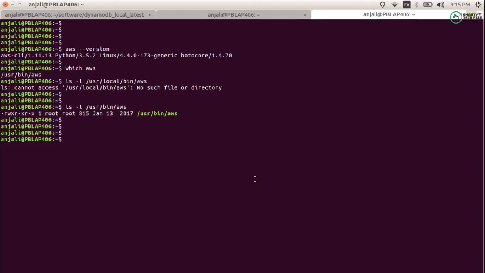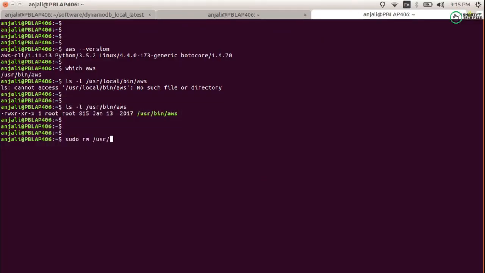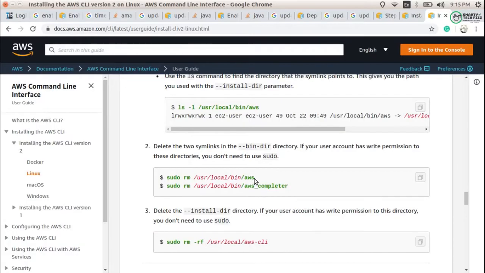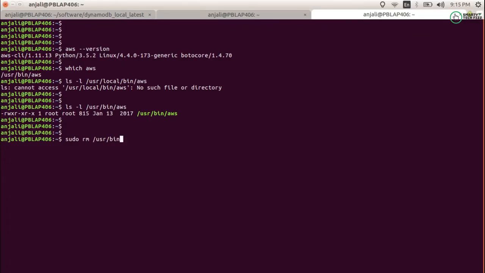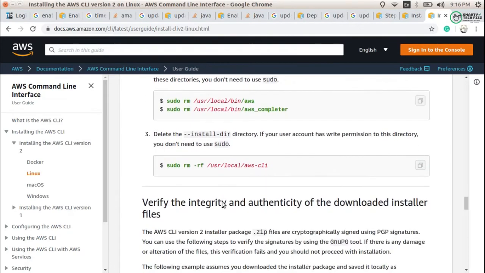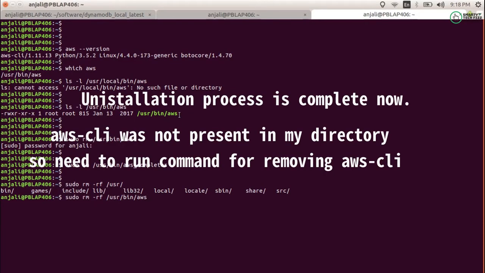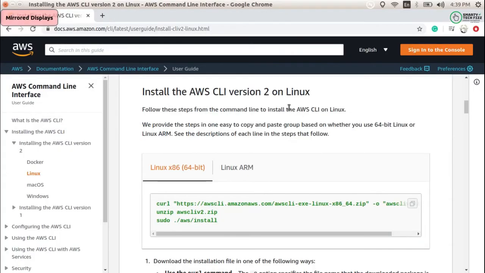Now I need to delete the aws and aws_completer, so we'll be removing these symlinks. I'm just copying all the steps given in the documentation and performing all the steps in my terminal. Now uninstallation is done.